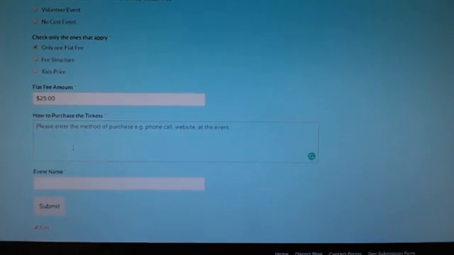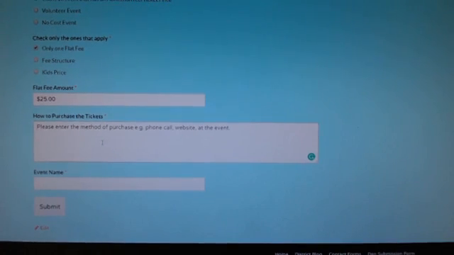How to purchase the tickets. This is very important. You need to tell us if they purchase it at the door, through the phone, website, at the event, before the event, etc. So we're just going to do at the door. The event name, let's just do this,